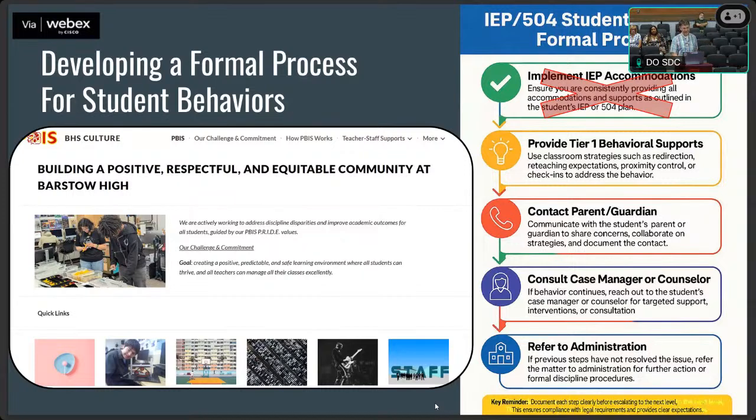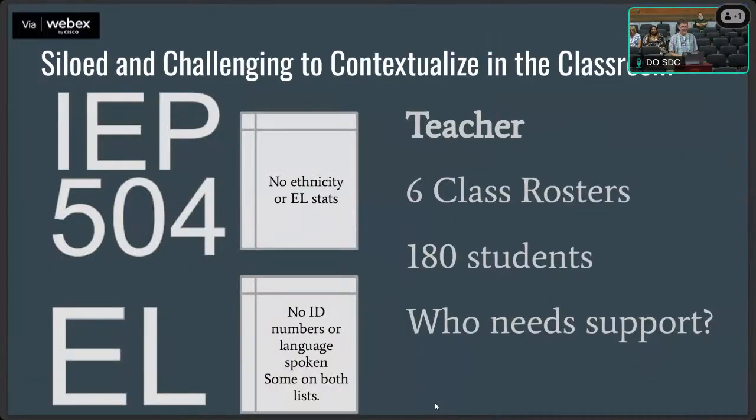And so one of the things I'm gonna propose here is one of the policies that you guys released this year was the AI policy. And so this might be a little controversial, but I'm going to dive into it because I think you need to hear it. We have this silo. So if you look, we have IEPs and 504s on a long spreadsheet. It's like 400 or 500 rows, and teachers are expected to scroll through that list, find their students, pull them out, look at each one of their IEPs, pull those out, and then go to a separate Excel spreadsheet of English language learners and go through those.